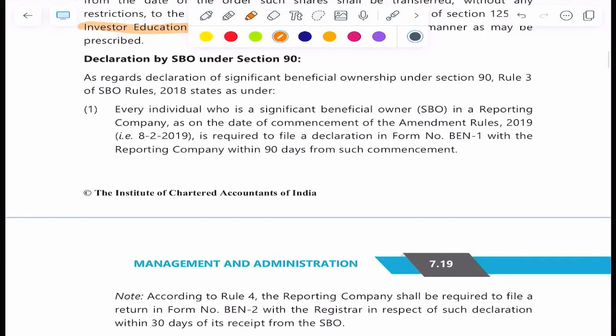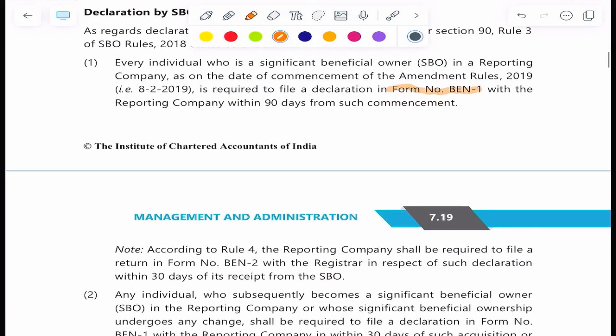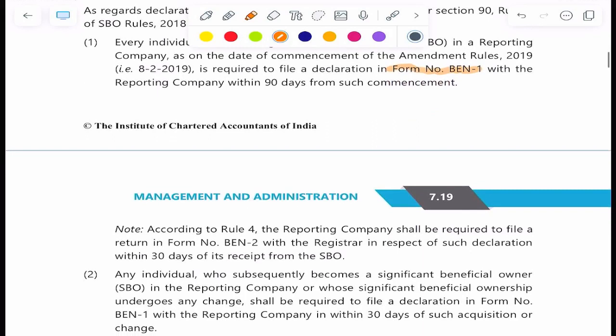Declaration by SBO under section 90. As regards declaration of SBO under section 90, rule 3 of the SBO Rules 2018 states as under: every individual who is significant